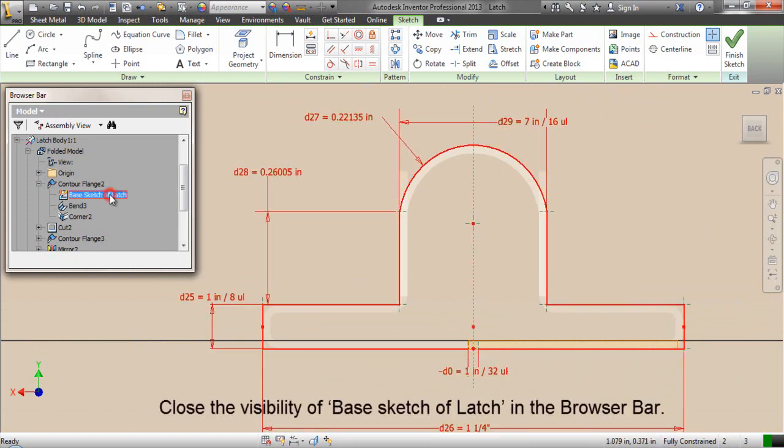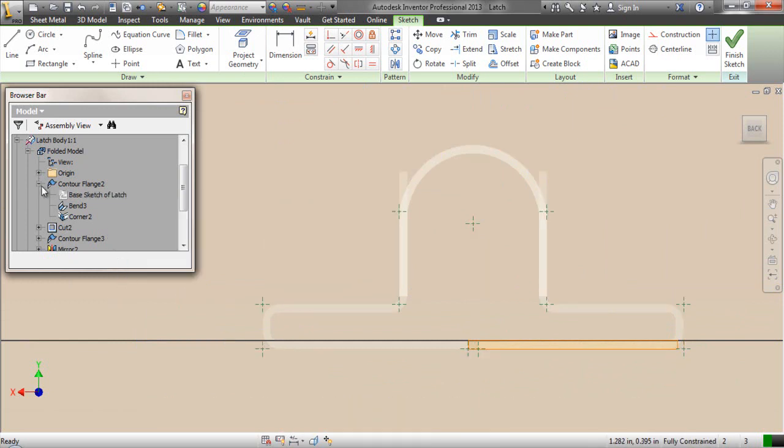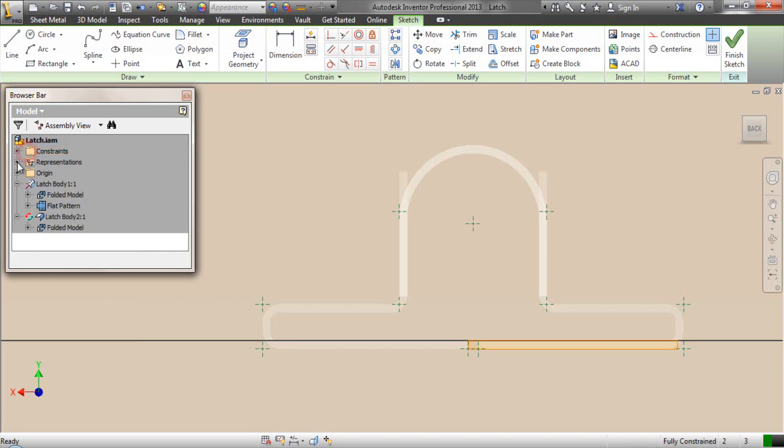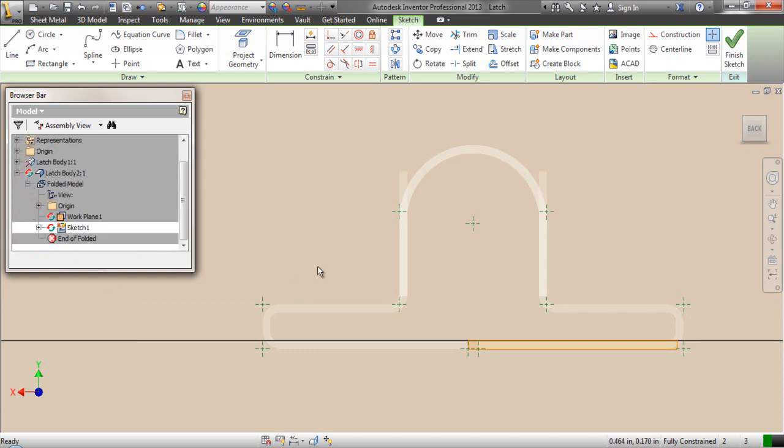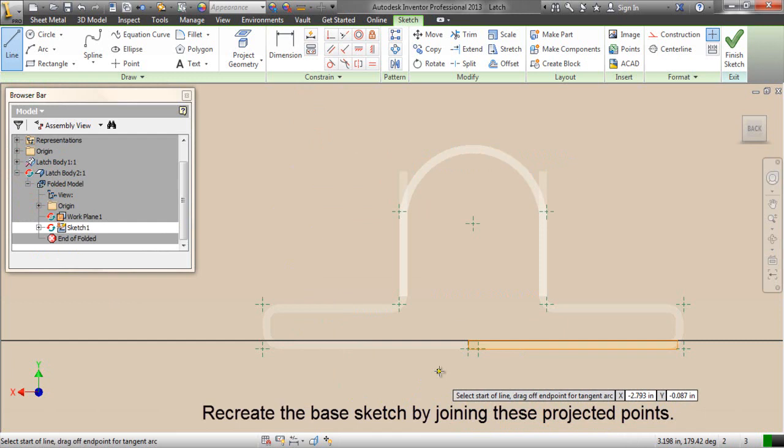Close the visibility of base sketch of latch in the browser bar. Recreate the base sketch by joining these projected points.